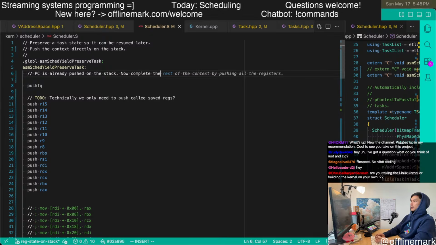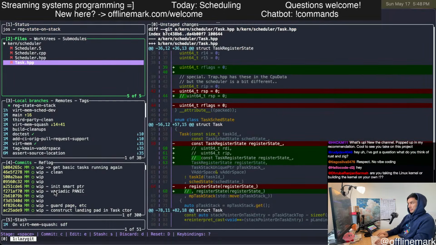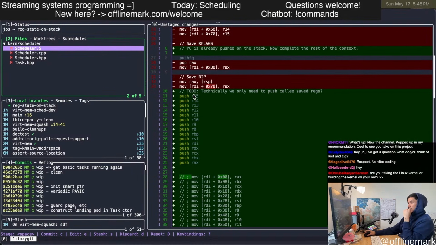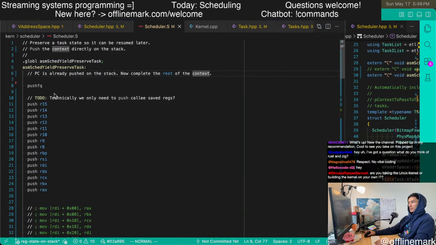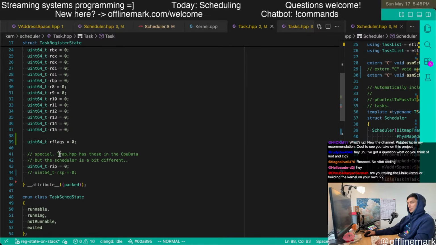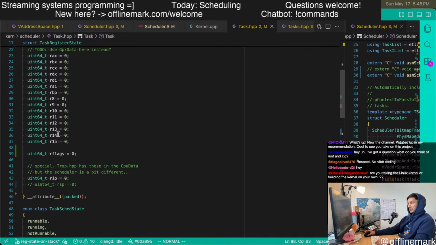Now, complete the rest of the context. Yep. So we got to push flags and then RIP, R15 down to RAX.